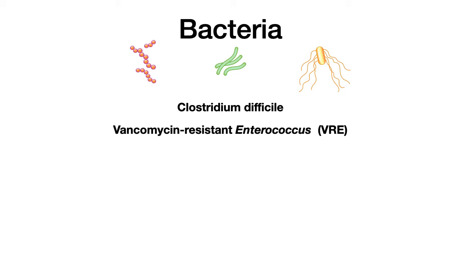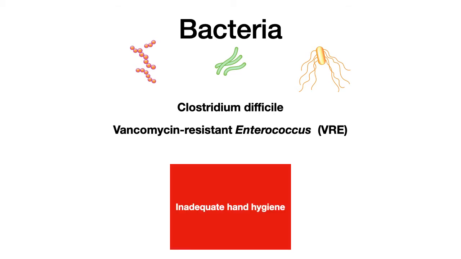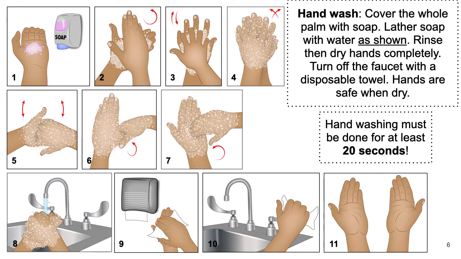So these infections are typically transmitted by contact, and healthcare workers could be responsible for transmitting the infection if they do not practice proper hand hygiene techniques. So how do we prevent these infections from happening? That is C. diff or VRE infections. It boils down to taking 20 seconds to wash your hands properly with soap and water as shown here. And a thorough hand washing is really critical,